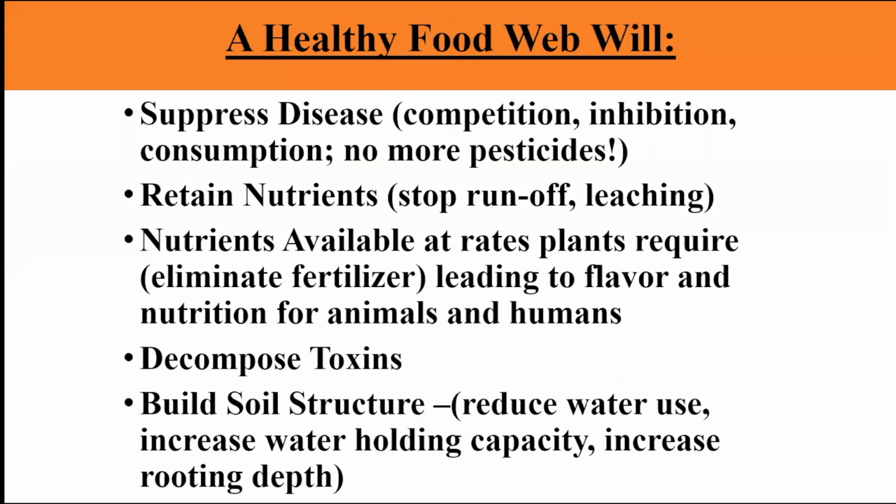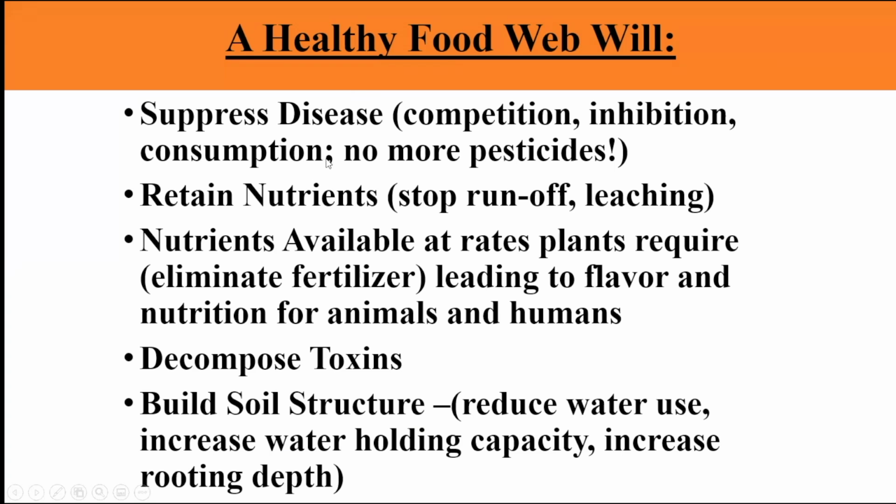So a healthy food web, what will it do for you? It will suppress disease. So we want to make certain that we're getting the competitors, the inhibitors, and the consumers of the diseases and the problem insects and problem organisms, so that none of these problems will be present in your ecosystems. So we've got to get the right sets of species of bacteria and fungi and protozoa and nematodes and microarthropods and macroarthropods and earthworms and enchytraeids and all these different sets of microorganisms present in your soil so that you will never have disease. You will never have a problem with those problem organisms because they will be outcompeted, inhibited,